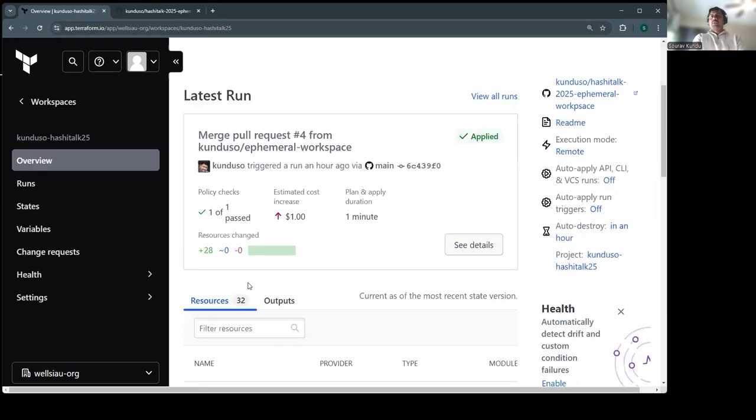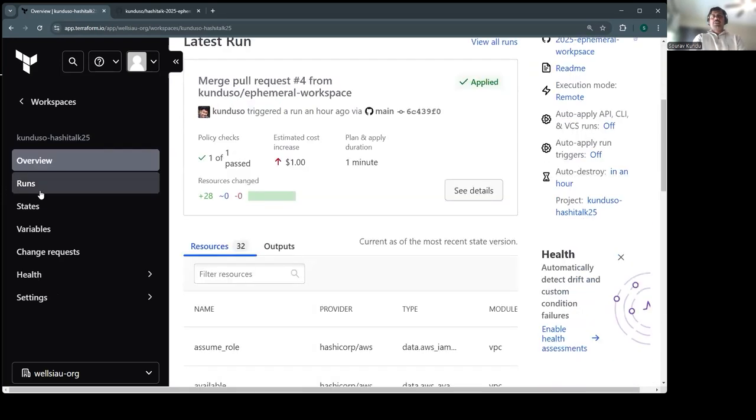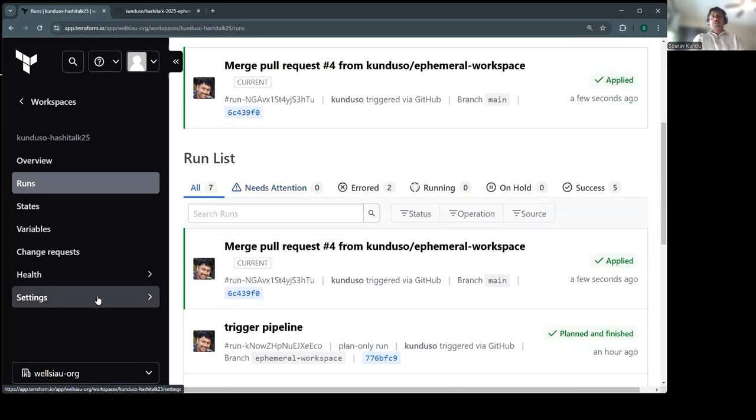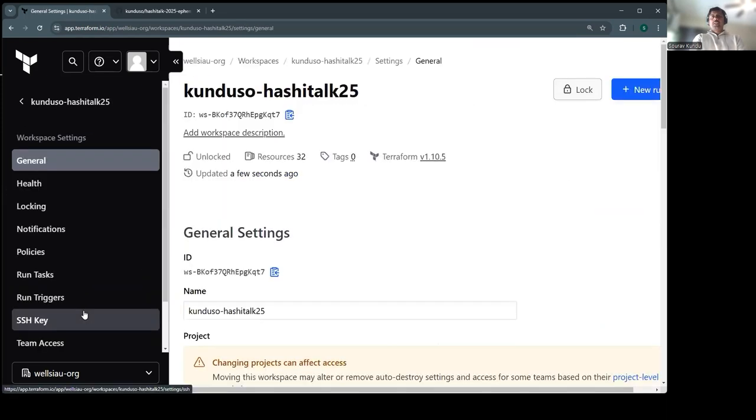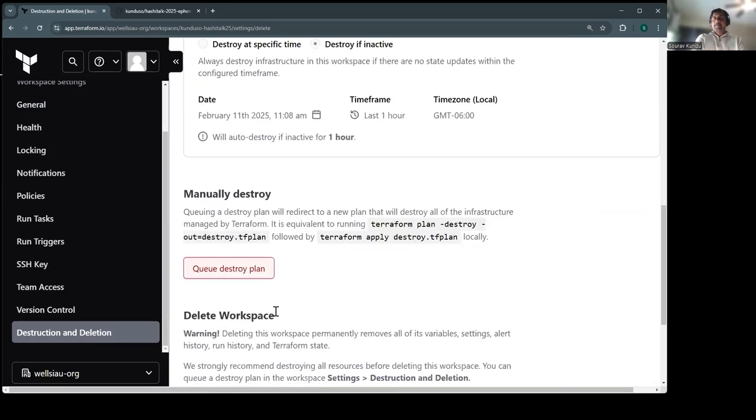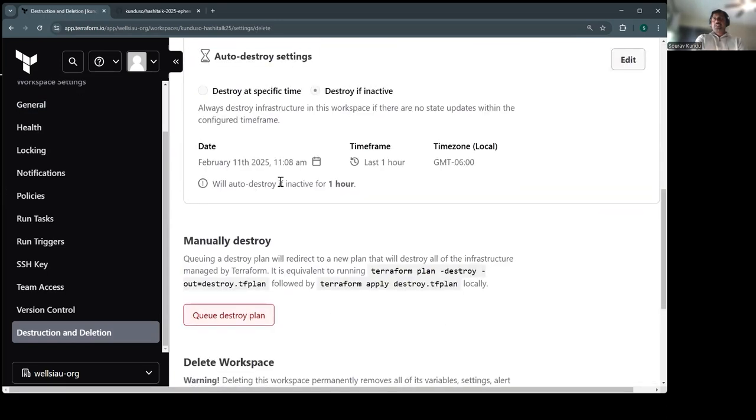So here's the latest run. Okay, fantastic. Let's look at this. Good. So let's go to the settings and let's look at deletion and destruction. So now we see that this resource would get deleted at this time if there are no further actions on